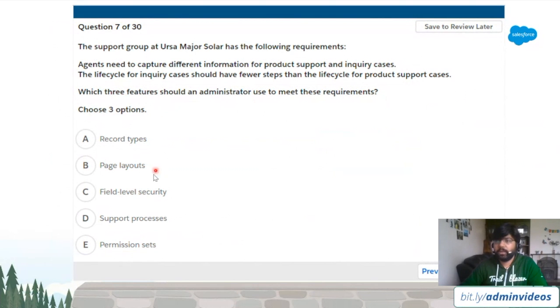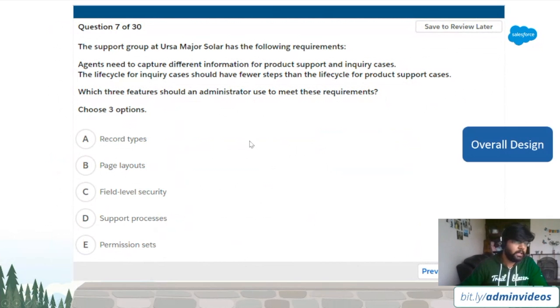So now you see there are various tools available, and you need to choose 3 of them. So out of 5 you need to choose 3, but overall you should understand how to design these kinds of solutions, how to tackle them, right? So